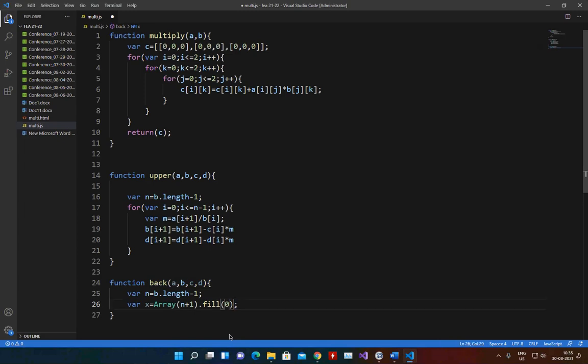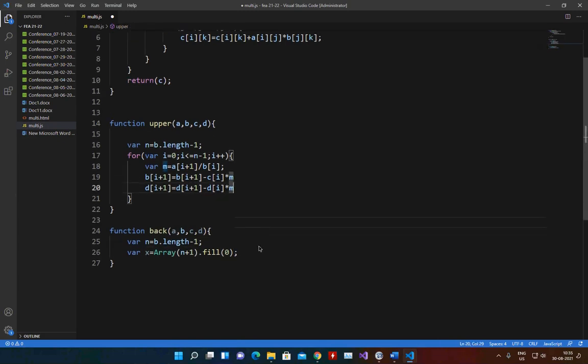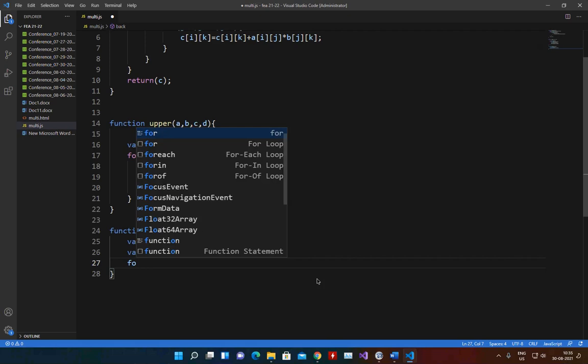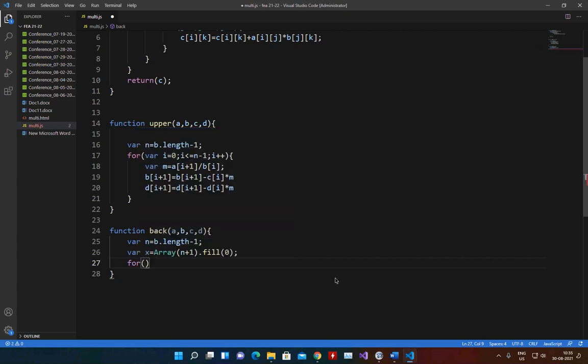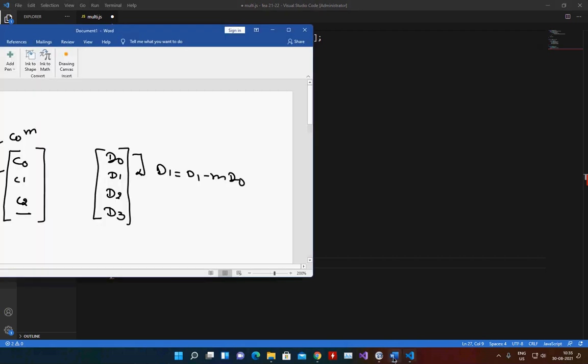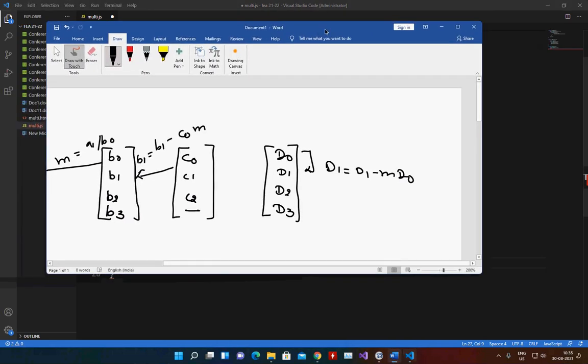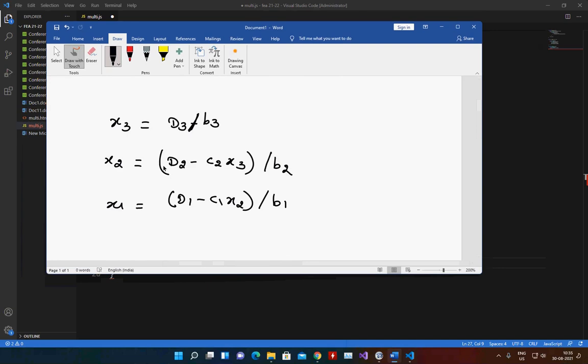Now the X is created, which consists of 0 with n plus 1 elements. Now I can go for the calculation of all the X. So now I have to see what is the back substitution. This is my back substitution.